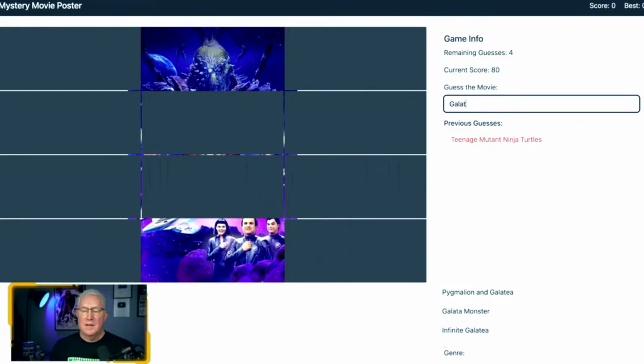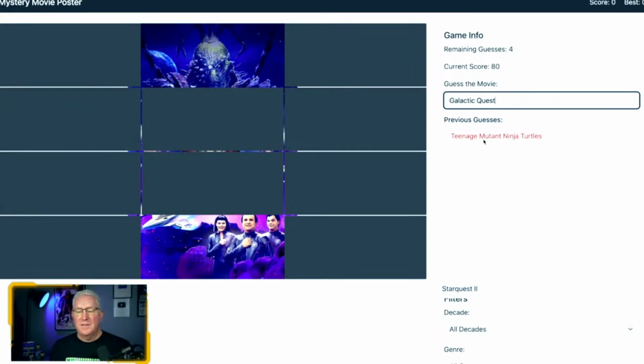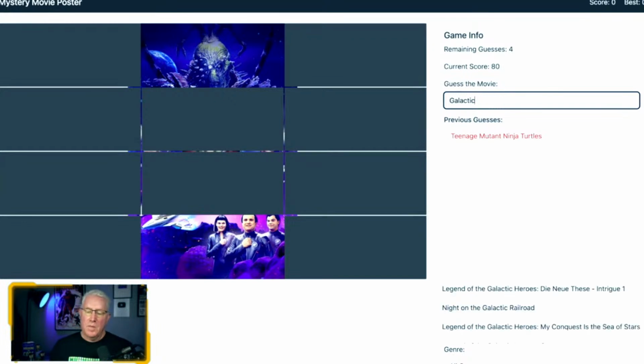Great. Galactic. Did I spell it right? Nope. This thing is off. GALACTIC. Quest. That is what it's called, right? I don't know. This drop down is not working at all. Well, we'll fix that next. You guys take one thing at a time. When you fix it. Yeah. GALACTIC Quest.